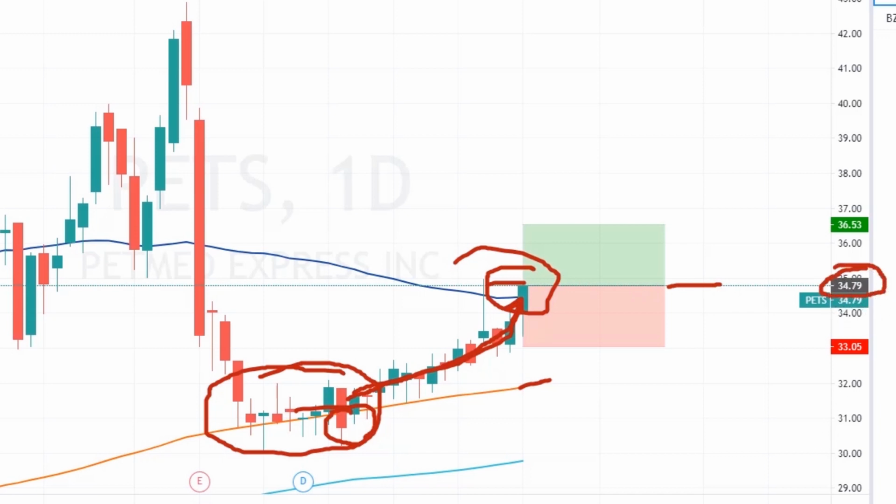34.79. The stop loss is minus 5% of the stock price, which would be 33.05. We just take the 34.79, multiply it by 0.05, which would be 5%, and then we subtract that from 34.79. That'll give us 33.05, and our first target is plus 5%, so we add that number to 34.79 to get